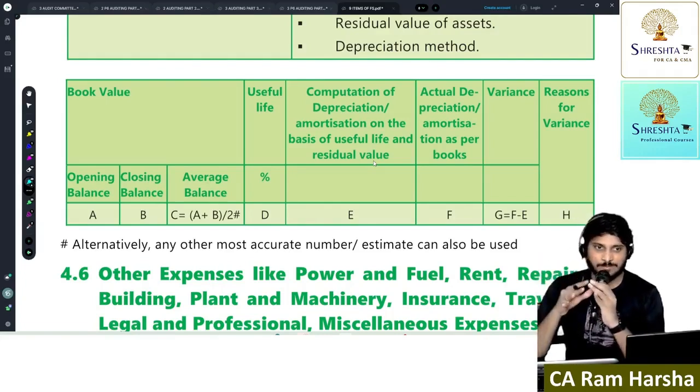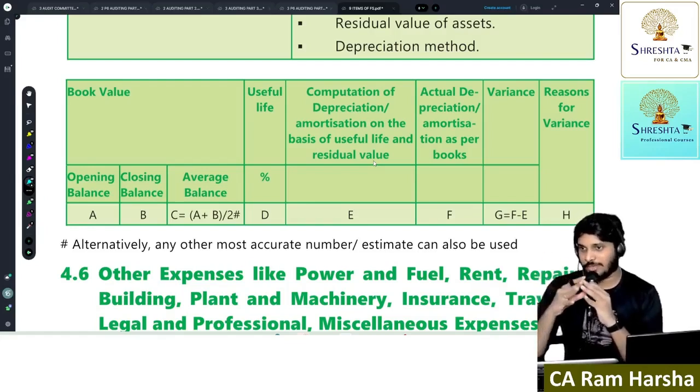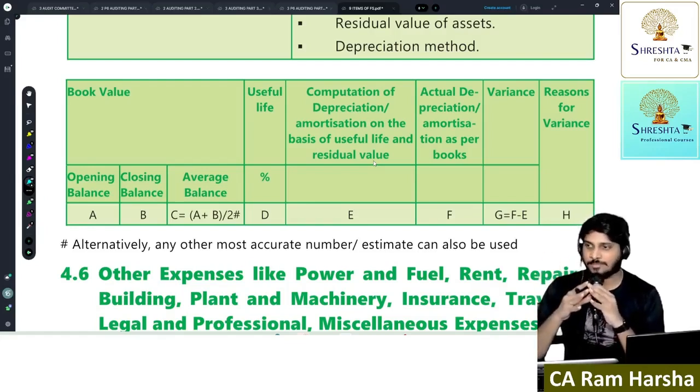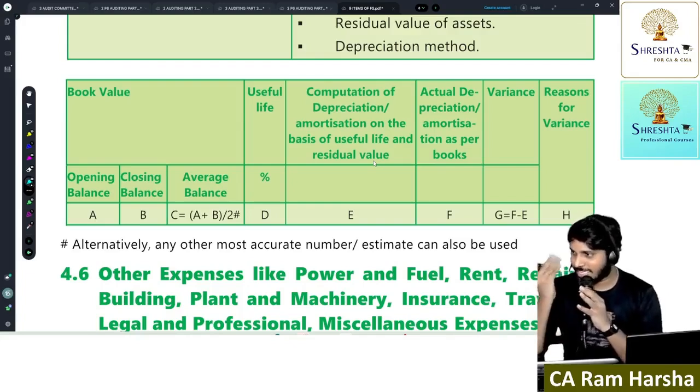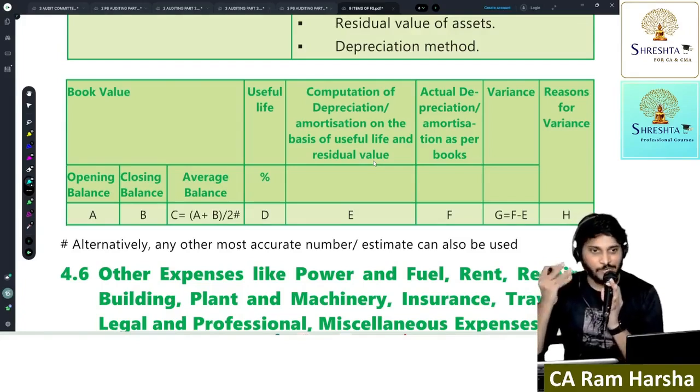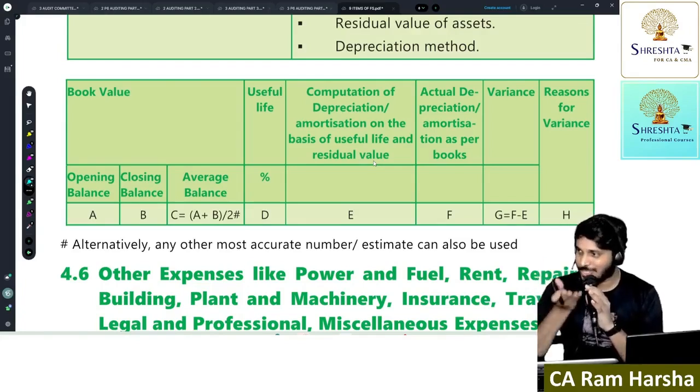In small and medium firms, you will be called and told to go and do the audit. This is what they do. They say, figure out what to do yourself. What? I don't understand anything. Correct? We don't understand anything. This is what happened to me. They just say, go and do the audit. Then what did I know about audit?